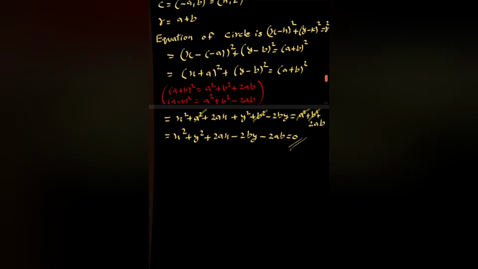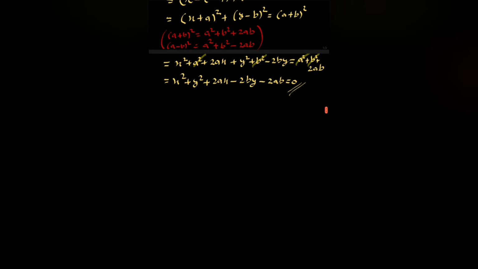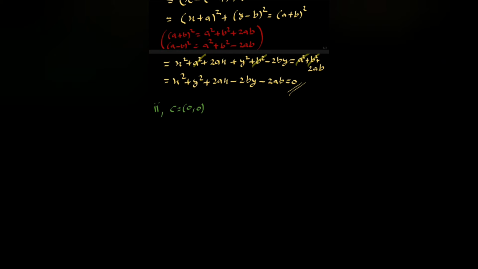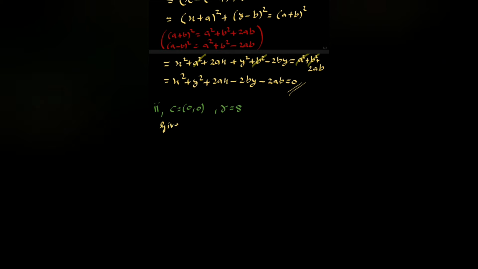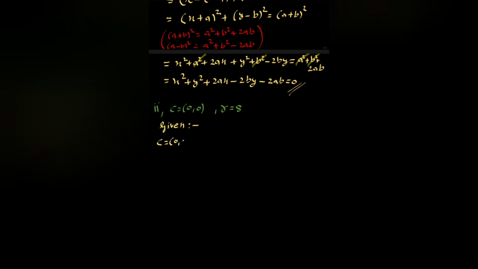Moving on to the second sum. Given c equal to 0, 0 and r equal to 8. So if c equal to 0, 0, then we have to use x square plus y square equal to r square. So the solution is, given c equal to 0, 0, r equal to 8,